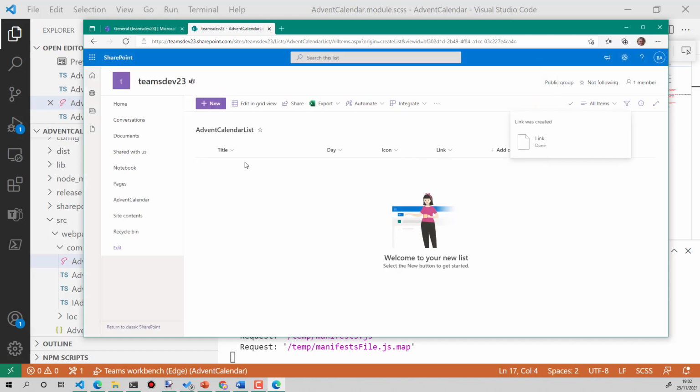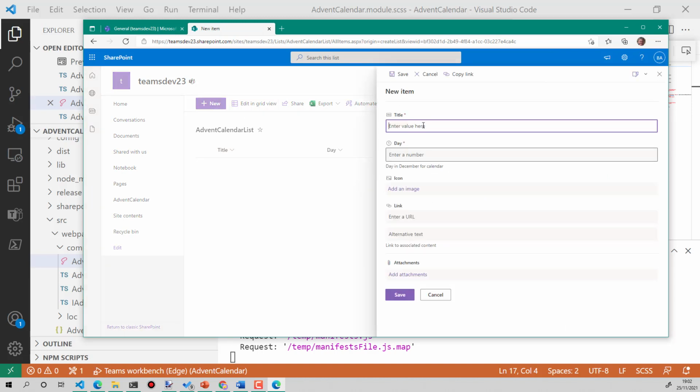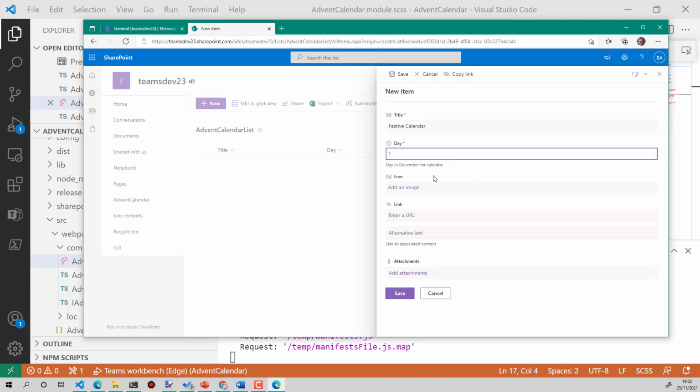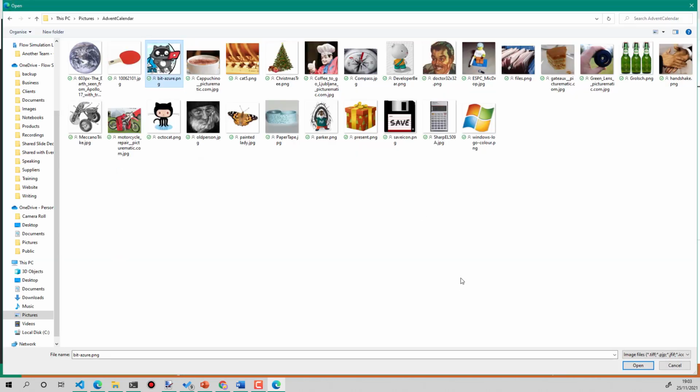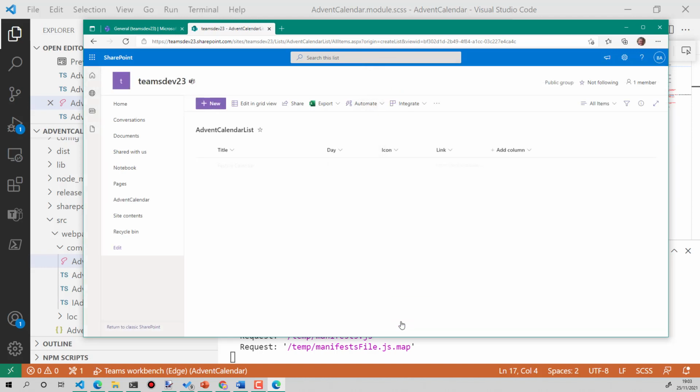So that's my structure of the list, and I can start adding new items in here. So I can say we'll call this one the festive calendar, and the day, this will be the 1st of December. I can add an image, so I'll go off and we'll pick one and put that in there, and then we can have a link to whatever the festive. Okay, so that's added the first one, and then I can edit in grid view, probably easier, and start adding